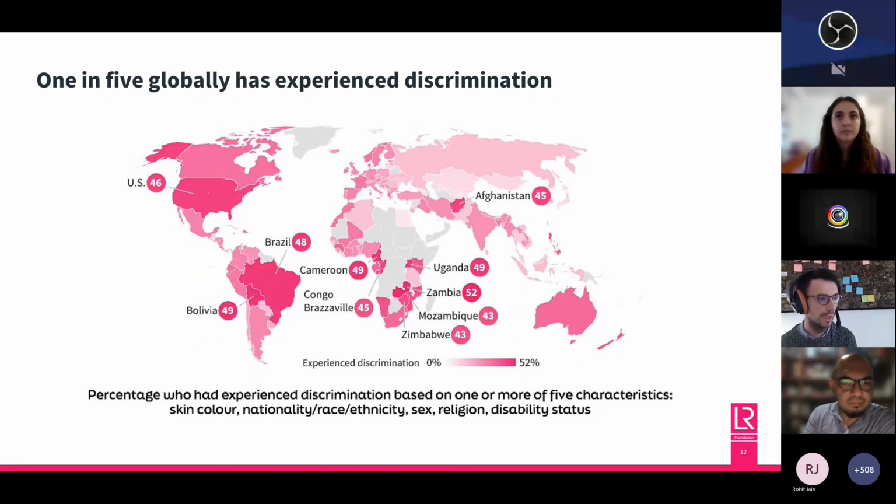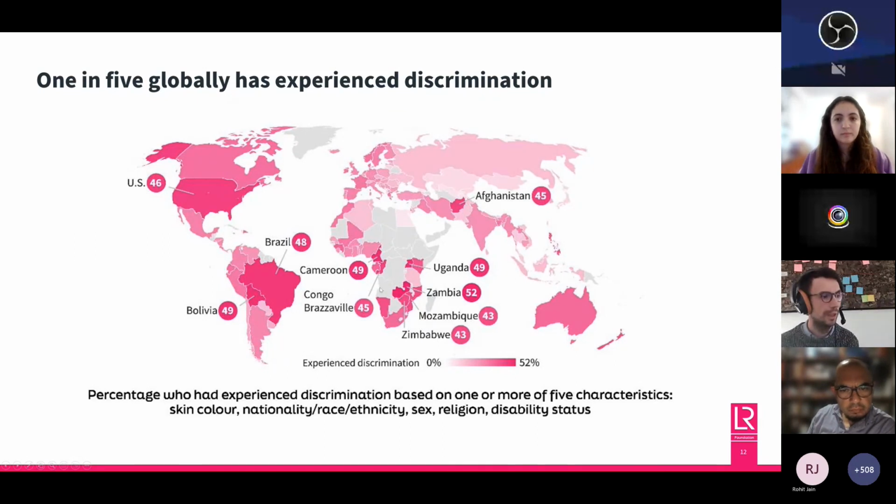But conversely, this does not tie in with how people experience discrimination, which can be another factor that limits resilience. People who have experienced discrimination are typically less resilient than those who haven't. And here we asked the percentage of people who have experienced discrimination based on any of these characteristics shown here. And you can see that globally, there's quite a large number of countries where a high proportion of people have experienced this, but globally, more than 1 in 5 of people have experienced this